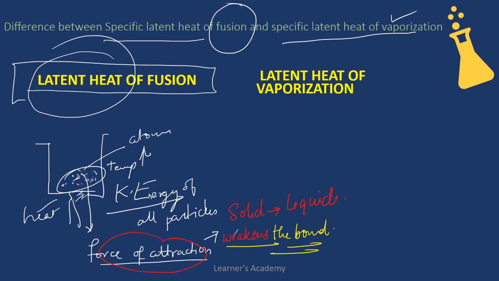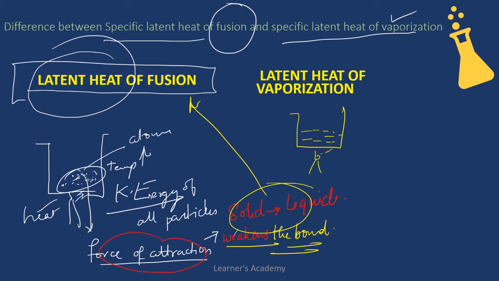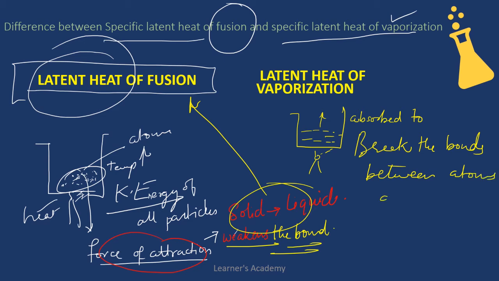On the other hand, क्या होता है? When a liquid is converted now into a gaseous phase, when we give more temperature, हम उसको और आग के नीचे रखेंगे, the boiling point, the heat is absorbed for now breaking that bond. Earlier it was to weaken those bonds, now it is to break those bonds. Alright, the heat absorbed is used for breaking the bonds between atoms or molecules, and this heat is called the latent heat of vaporization.